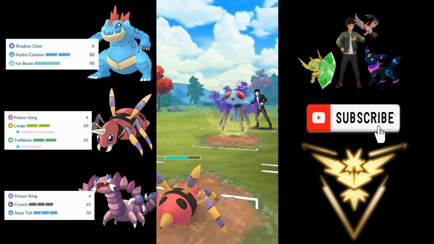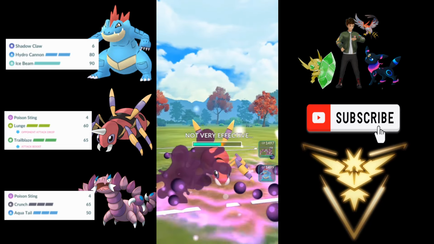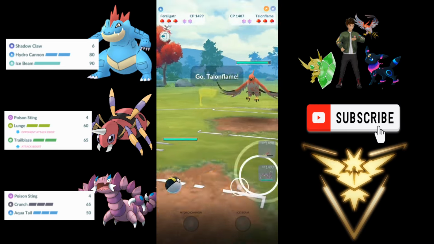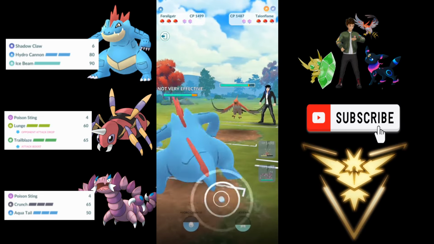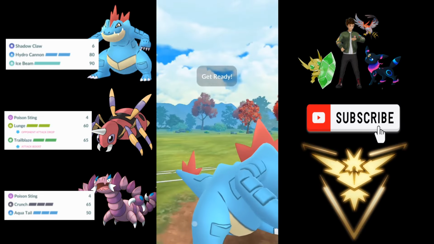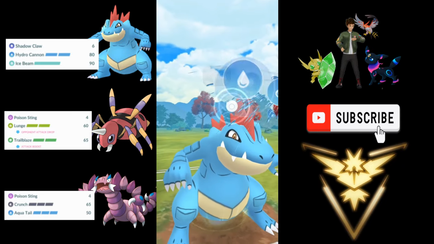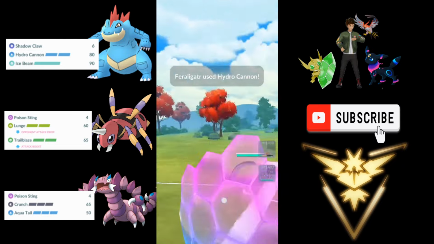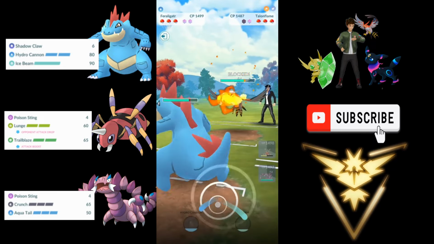So we no shield this, and actually they bait with Acid Spray. It is very bad for the opponent, and they are going to come with Talonflame. We are going to come with Feraligator. So far there is an alignment. So this Hydro Cannon will knock out if they don't shield. This might grab the first shield, let's see, and they do shield this,